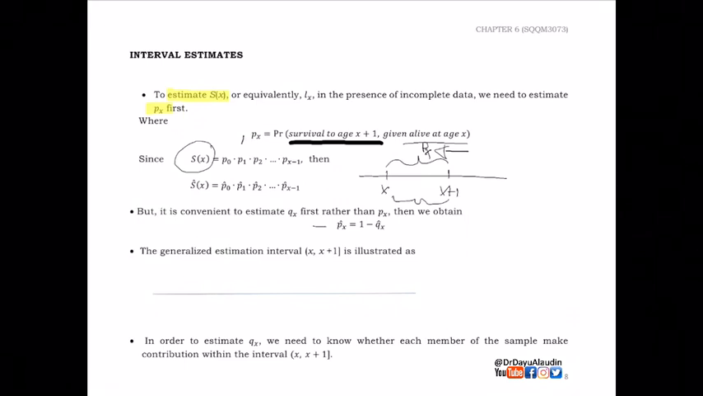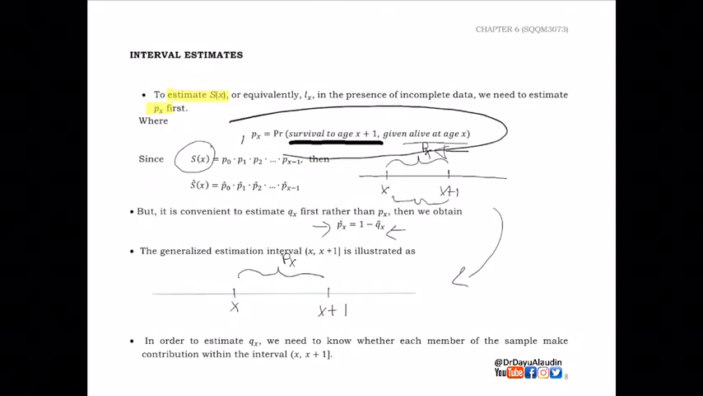As you know, for the estimate we have PX with the hat and the QX as well. This is the basic relationship. Okay, this is the general form. I already drew it for you. So between only one interval, we are looking for the PX, X to X plus 1. If you write it in words, it becomes survival to age X plus 1 from X to X plus 1, given alive at age X. So meaning that here